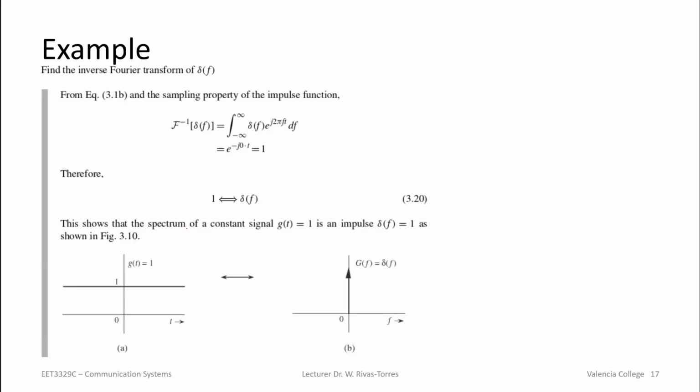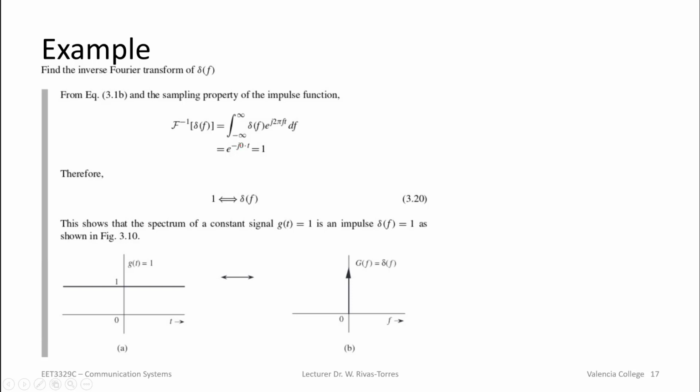Okay. Now we can actually even do the inverse. Let's say that you have a Fourier transform that gave you impulse of f. What is the inverse Fourier transform? So we're going to go the other way around, which is a similar integral, except that now the exponential is positive, and we're going to integrate in f instead of integrating in the time domain. So when we do that, again, using the sampling property of the delta function here, you end up